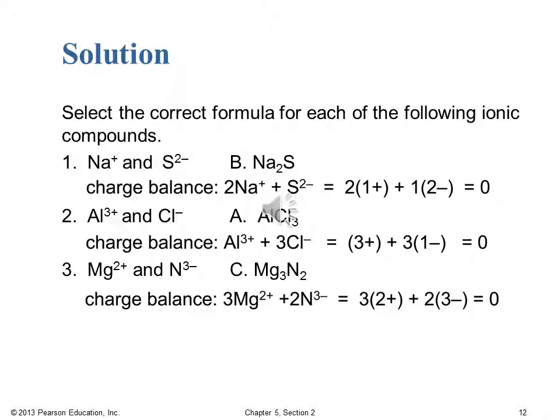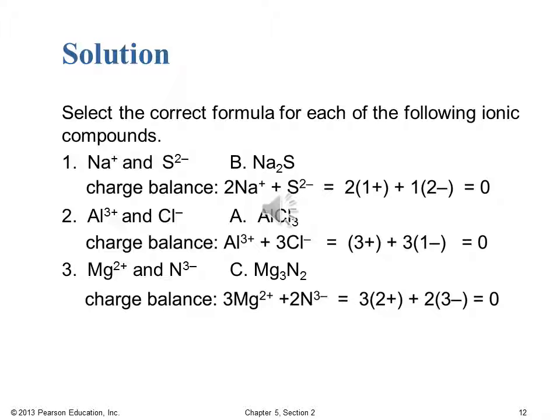Okay, so number 1, we're looking for sodium and sulfide, and therefore we would need Na2S, right? 2 of the sodium plus 1s to balance out the sulfur 2 minus. For number 2, we now need 3 of the Cl minuses to balance out the Al3 plus, and that gives us choice A, AlCl3. And finally, for the third example, magnesium 2 plus and nitride 3 minus gives us Mg3N2,